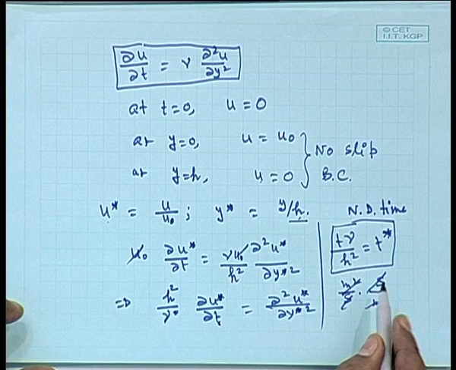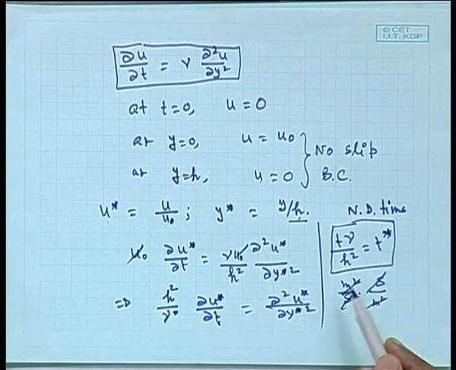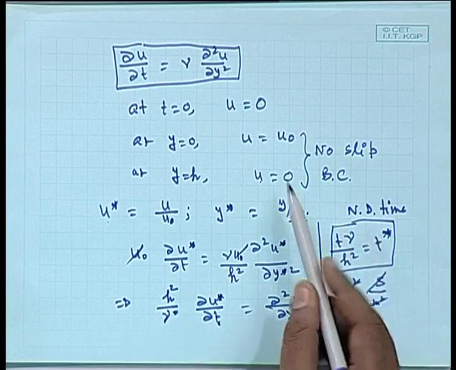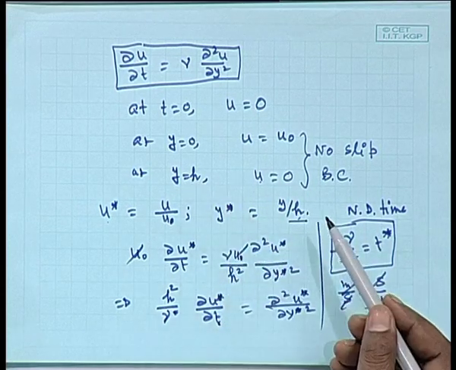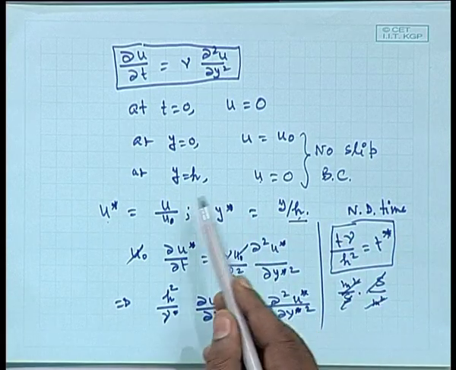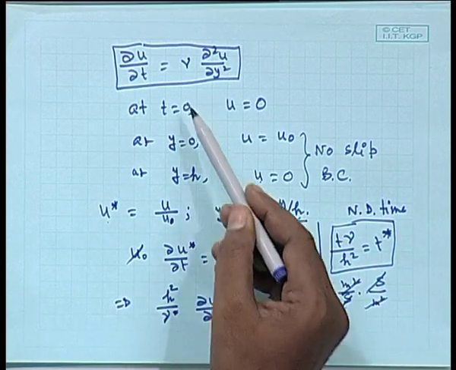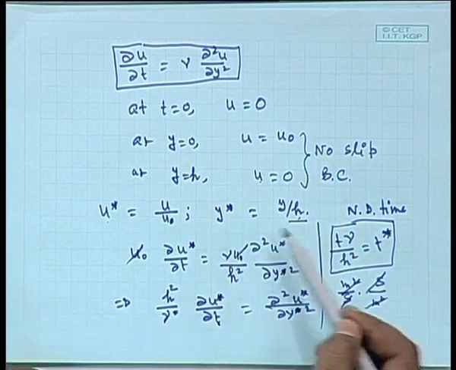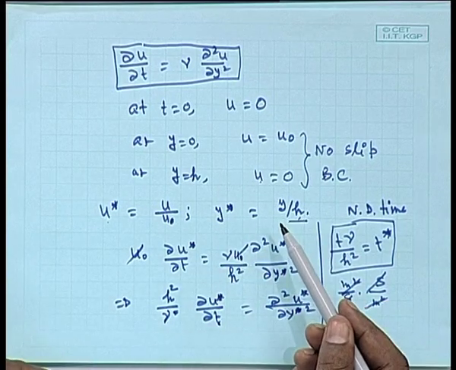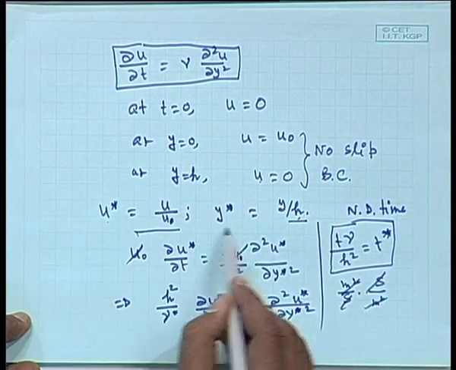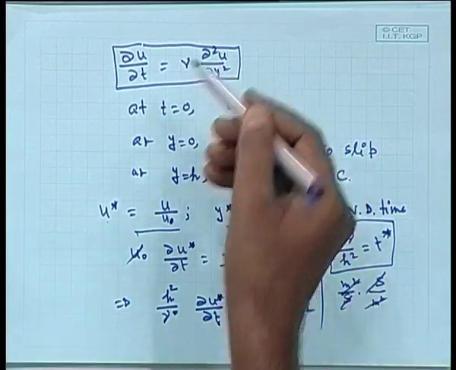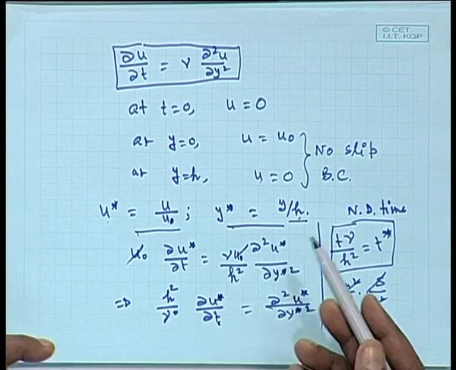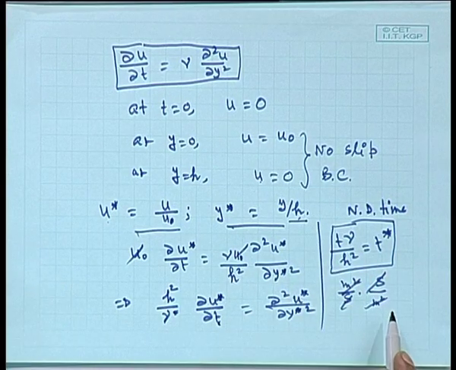In some cases, it may happen that you may not have all the known quantities. Non-dimensionalization is generally done against the known variable. Like h is known to you, it will be a measurable quantity, it will be given to you. So, y star will be made non-dimensional against h, and u_0 is known to you, so u will be made non-dimensional against u naught, but you do not know in what way t will be made non-dimensional. Just substitute whatever quantities are known to you into the governing equation, and you will get back your non-dimensional time, or whatever the independent variable is, in non-dimensional form.